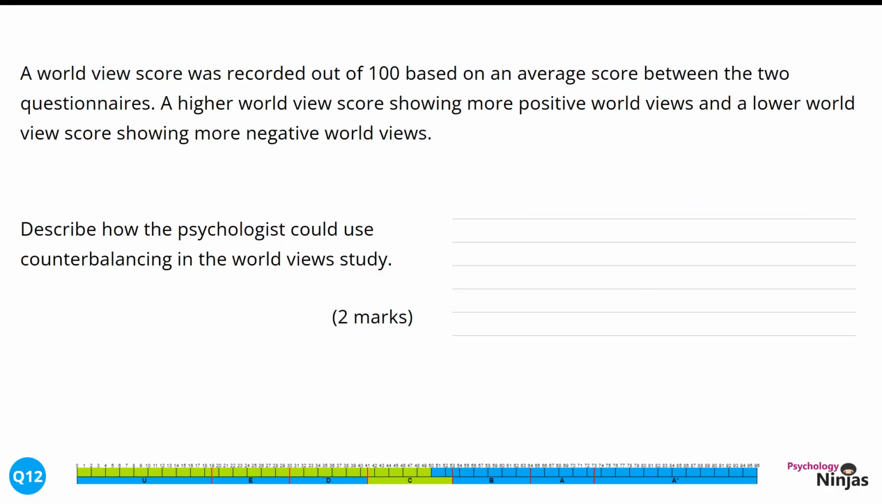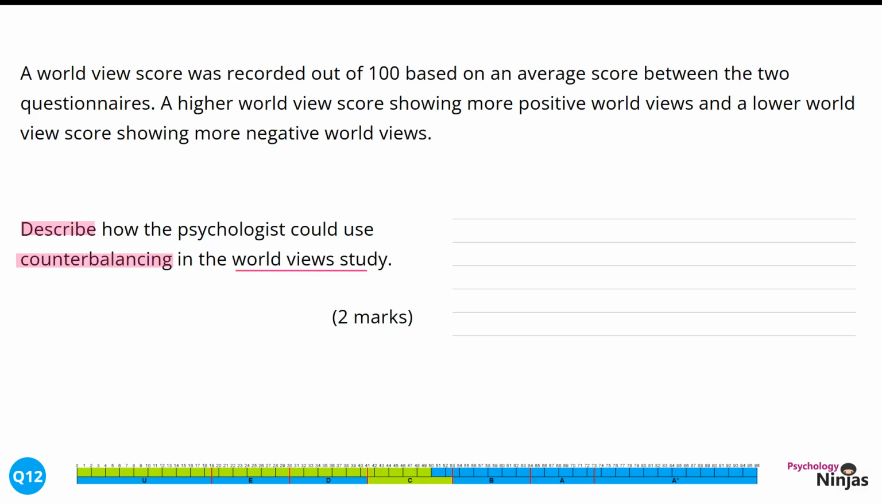Describe how the psychologist could use counterbalancing in the worldview study, 2 marks. Here we've got the command word describe. This is asking us to give detail and extension to give depth to our response. For our 2 marks, we need 2 separate ways in which we would employ or implement counterbalancing, because we have this describe how question. This is assumed knowledge that we understand what counterbalancing is, and we need to link this